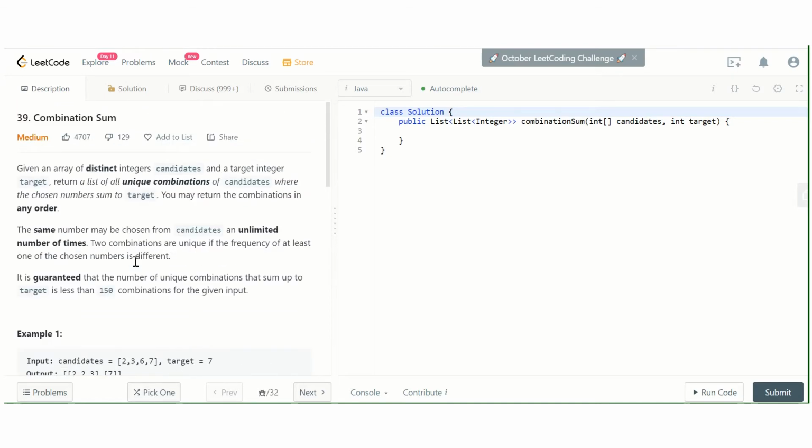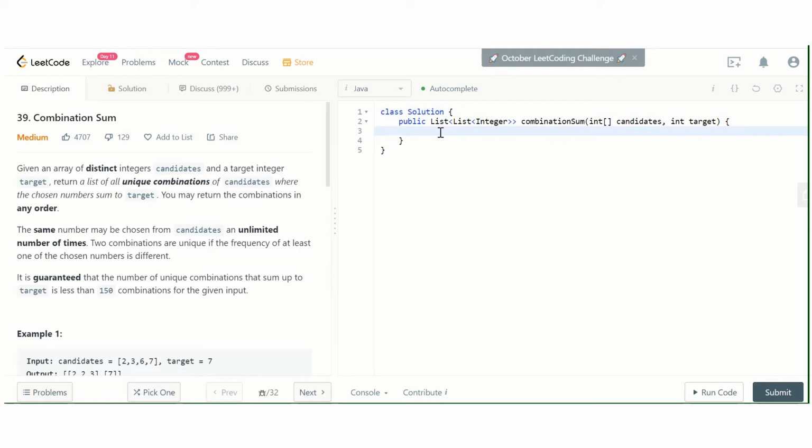So basically for each element there are two ways to generate a set. Either we include it into our set, or we exclude it from our set. In these two ways we try to generate the solution set, including the element or excluding the element. And if their sum is equal to the target, then we know that that is a solution, and we will add those candidates into our solution set. So let's implement this approach.